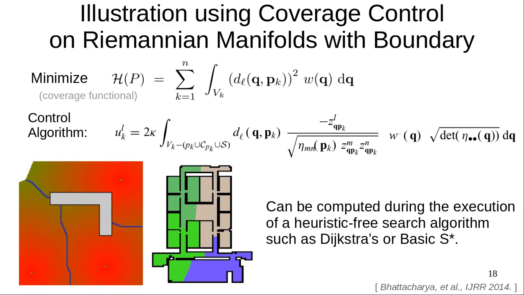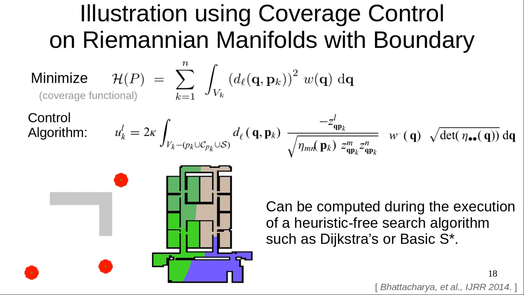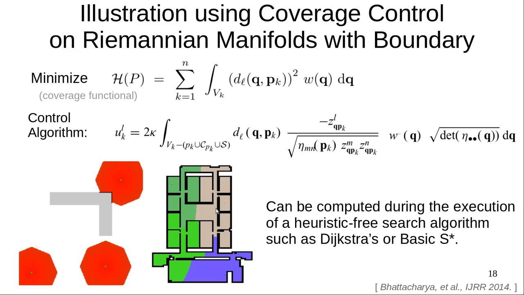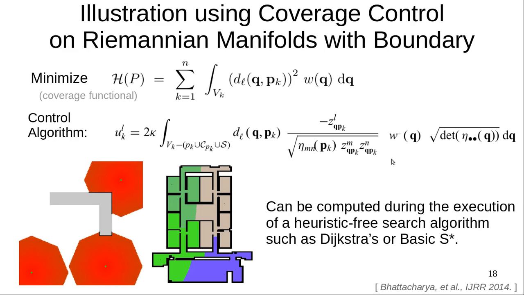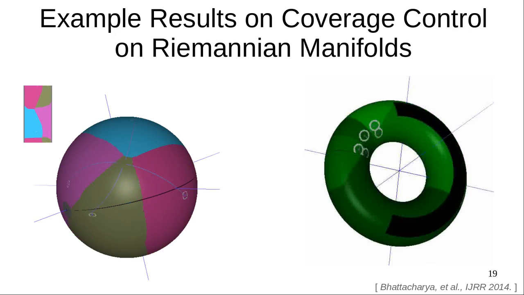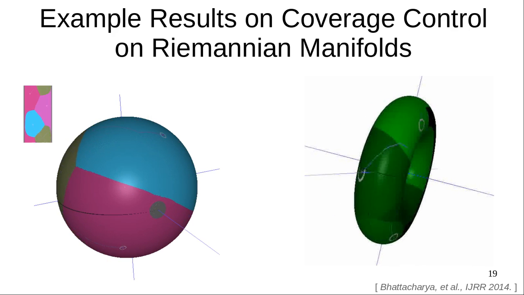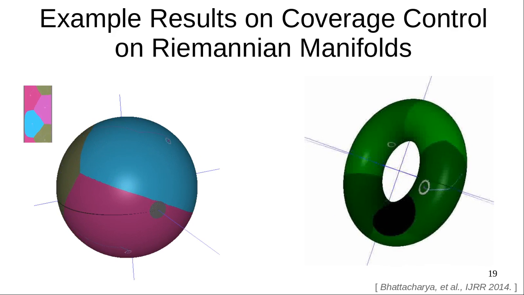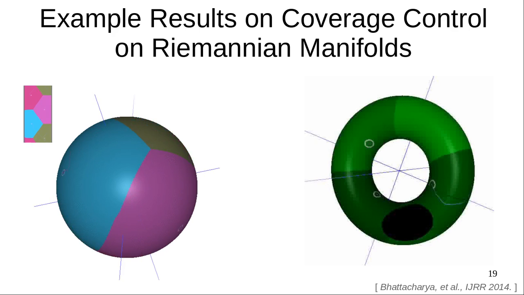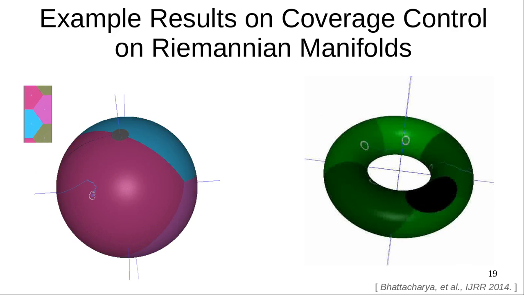multiple robot positions. As we do that, we create this Voronoi partition, as you can see in this small animation. During this wavefront expansion and search process, you can compute this integral as part of that search process. So it can be computed efficiently. Here are a couple of examples on manifolds, a sphere and a torus with some obstacles on its surface. As you can see, the robots all started very close to each other, and they finally get well distributed throughout the manifold, to minimize this coverage functional and attain uniform coverage of the